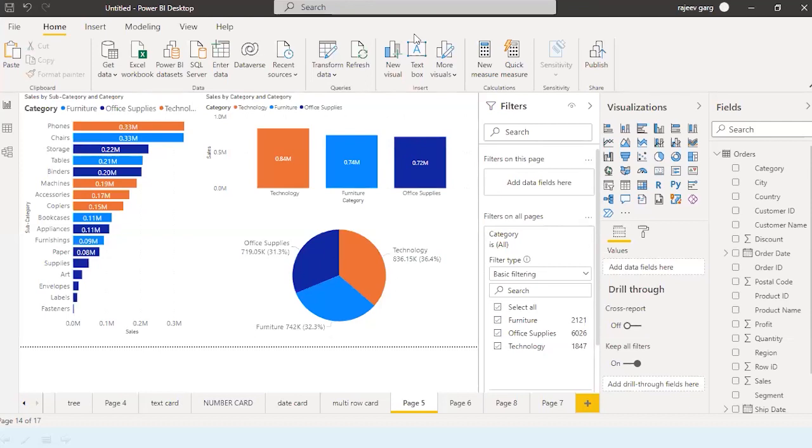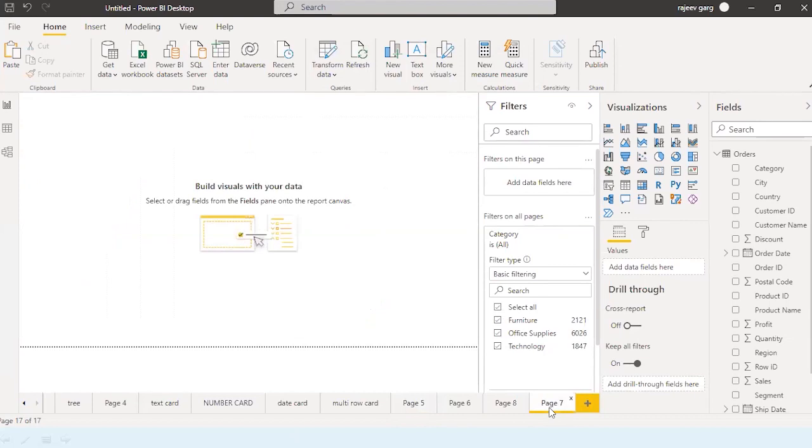Right. Somebody is saying something, sir. Please tell how to decide what to put in legend and what to put in details. What to put in value and what to put in tooltips. Okay, right. See, it depends on the visual what needs to be put in over here. So if you are creating a bar chart, I cannot give you a fixed rule, every time you will be putting something.